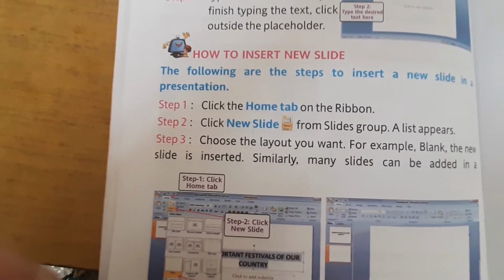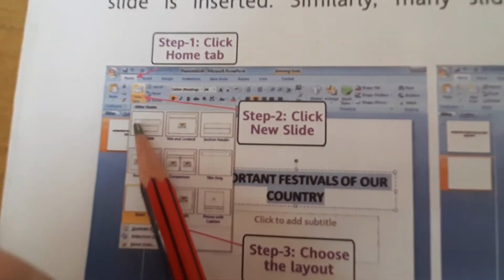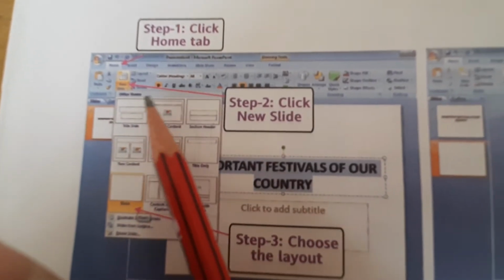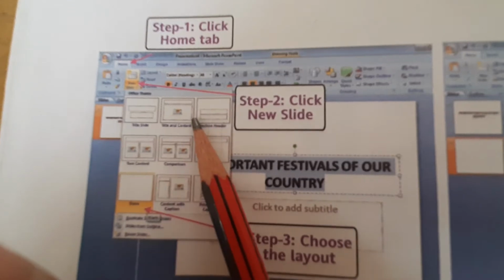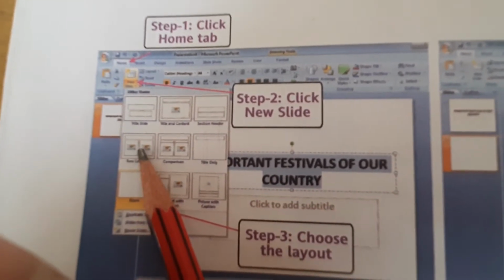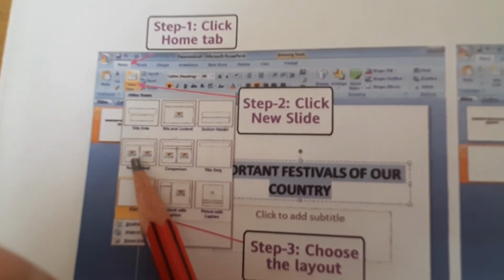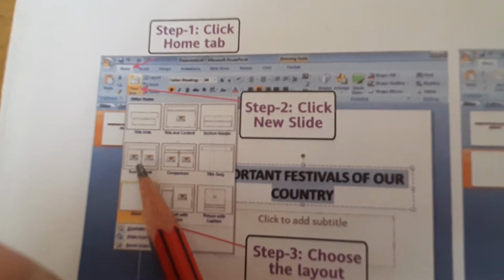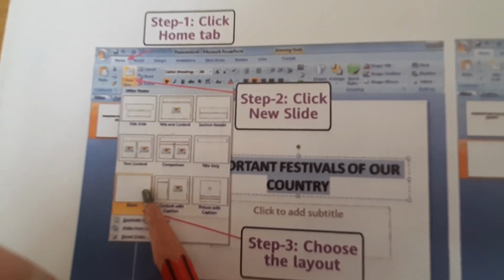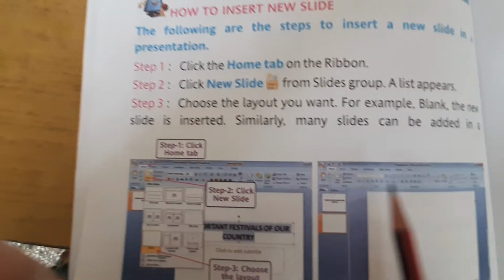Here you can see that when we have clicked on Home, New Slide, so many different types of layouts are there, like this with two boxes, this with one bigger box, one smaller box, and this one with one rectangular box where you can write the title and the two things you can add. It can be pictures, graphs, shapes, whatever you want. And this one is blank, in which you can do as per your own choice. So this way you can play around.